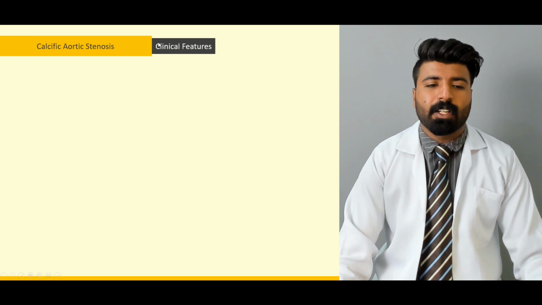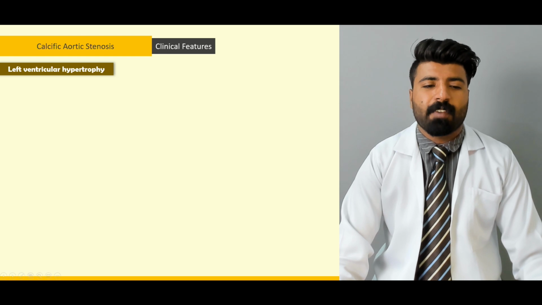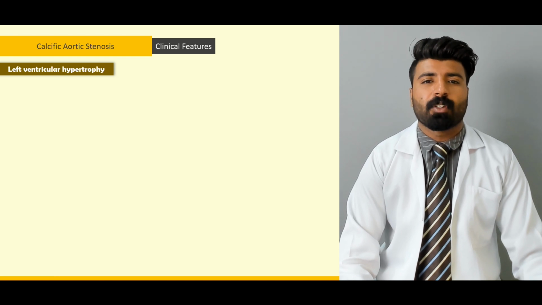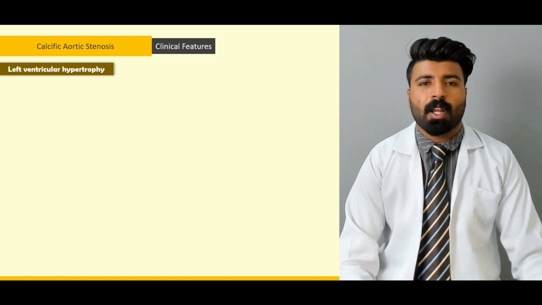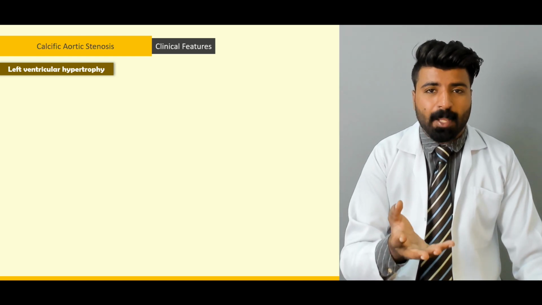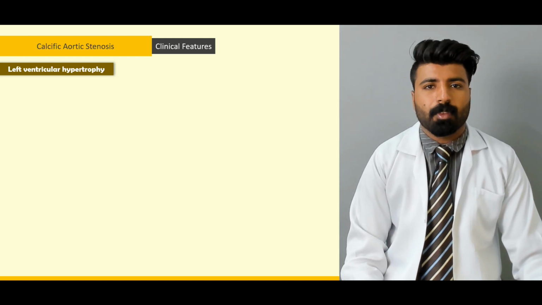Next on, we have clinical features of calcific aortic stenosis. First of all, we have left ventricular hypertrophy. Why? The question is why there's left ventricular hypertrophy. It happens because if the aortic valve is stenosed,